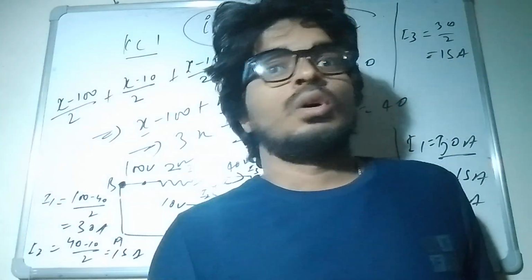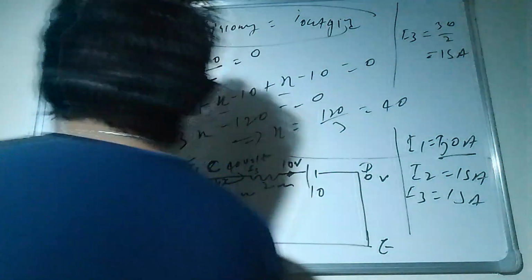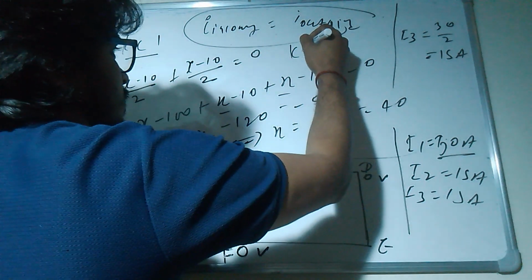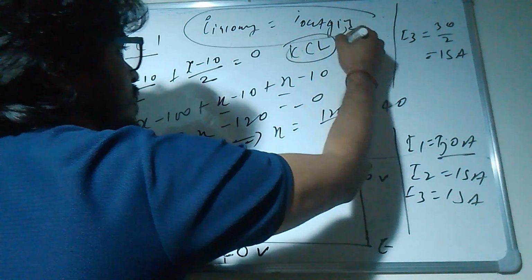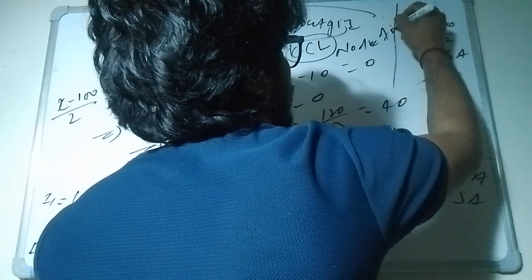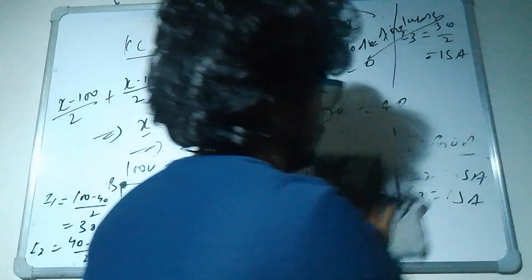By this way, if you solve the questions, you can solve so many problems. Very good manner. This is known as KCL. This is the best way to understand KCL, Kirchhoff's current law, or we also say node analysis. You have to understand node analysis first, then only you can move on and play with the chapter. Otherwise it will be difficult for you to understand the things.